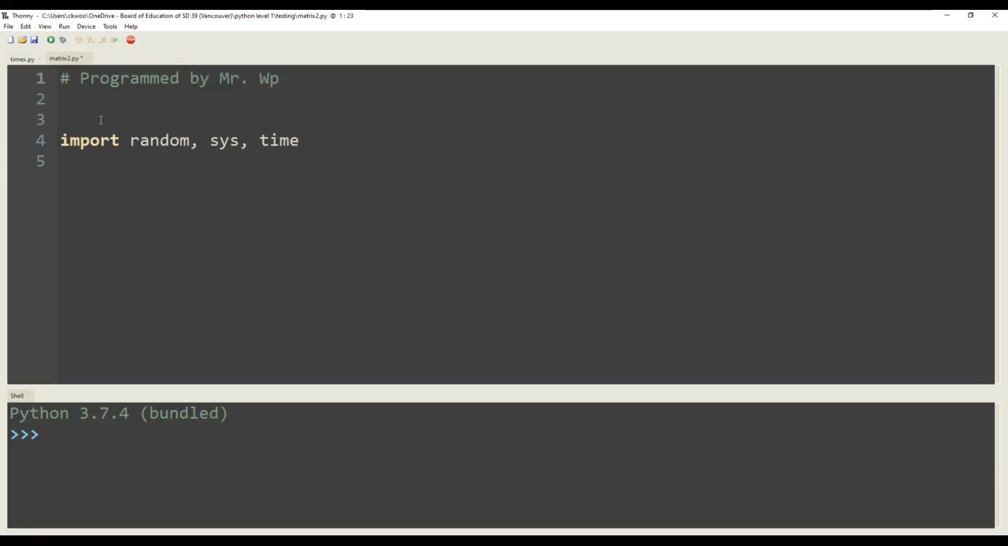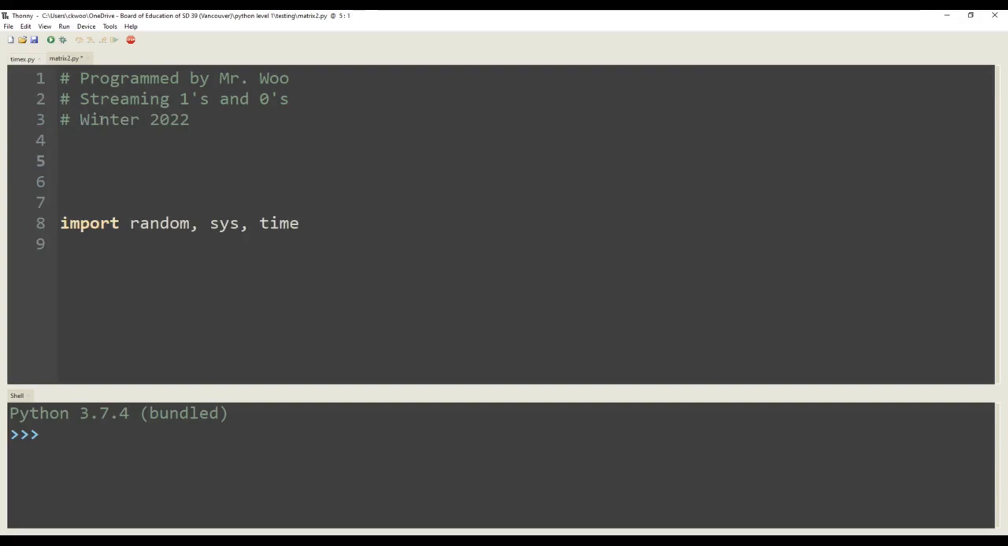We'll say it's programmed by Mr. Wu, and we'll say that it is streaming ones and zeros, and we'll put today's date, which we'll just say winter 2022, and then we'll put a brief description of what this program will do. Okay, this program will create a neat illusion of ones and